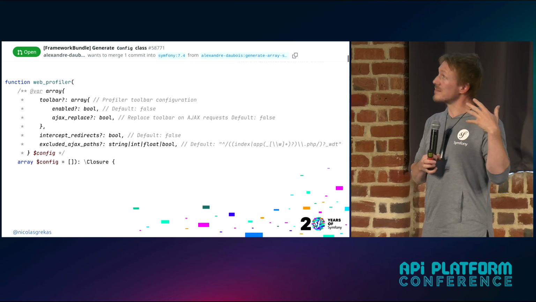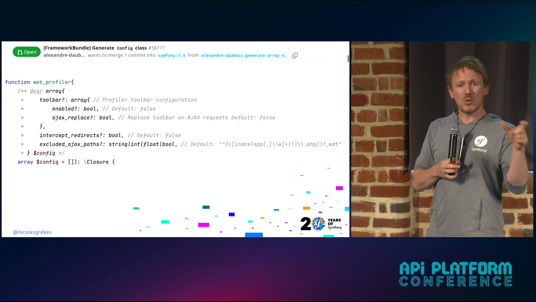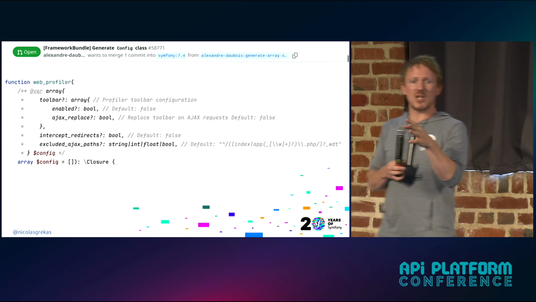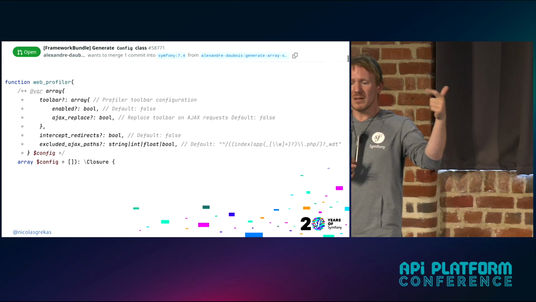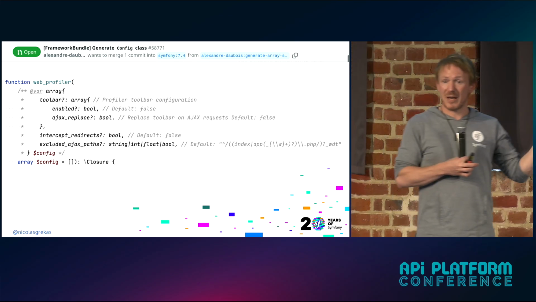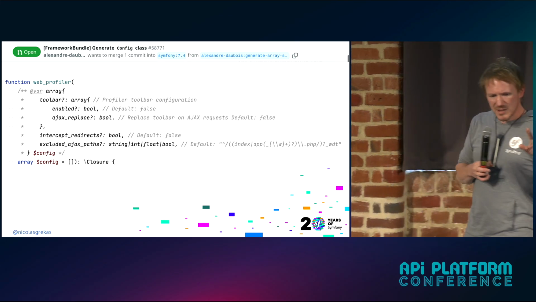And then we want to make this work. We want you to be able to say, I'm calling web profiler, opening the bracket, and then immediately PHP Storm can tell you, hey, okay, which one do you want? Toolbar, intercept redirects, or excluded path? Right? That'd be awesome, don't you think? So to make this work,